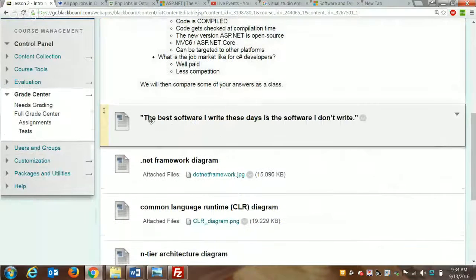Okay. Somebody sent me this the other day. This, in many ways, sums up one of the reasons Visual Studio is so good. Right? The best software we write is software that we didn't write. So one of the things that Microsoft did when they created ASP.NET way back in 2002 is they said, what